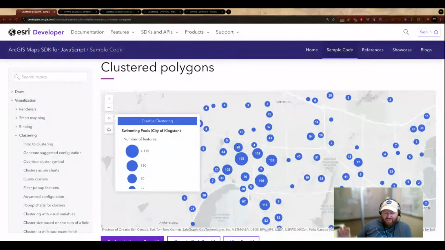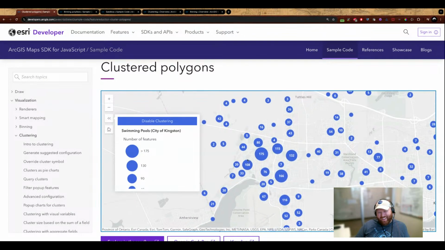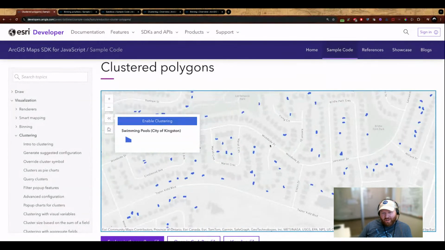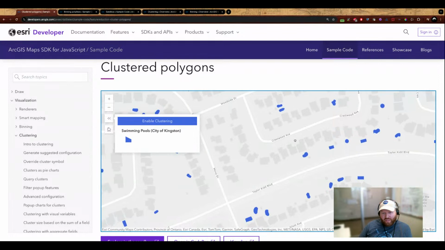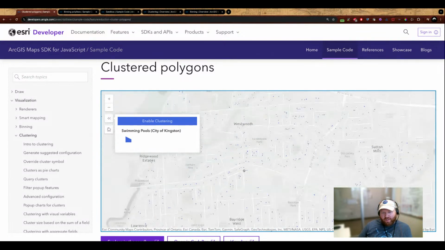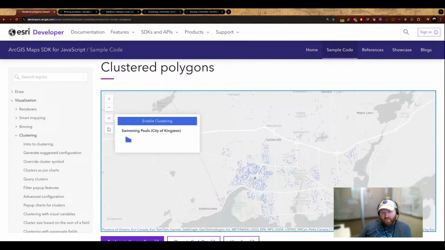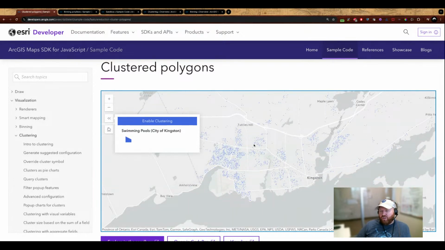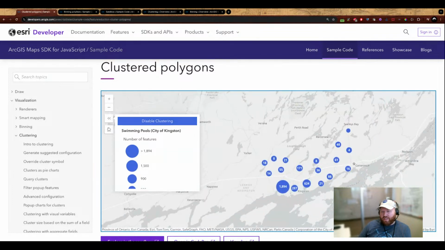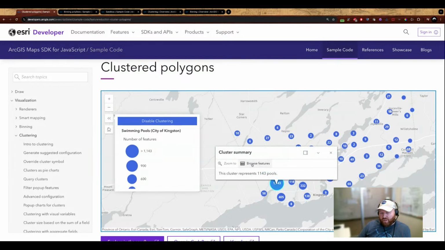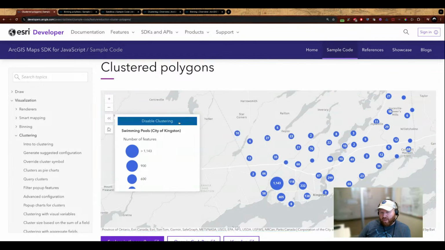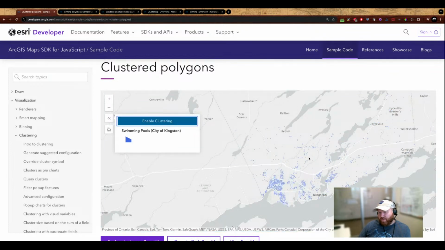So now that I know that nobody saw what I just showed, we can start that over. So I've got swimming pool data here. I don't need to explain that anymore. Just want to give you a look as I pan around, but then get you a nice view of when you zoom out, that data becomes very difficult to see. So this is a good data set, a good candidate for clustering. When I enable clustering, I can now see the density of the data in my view here. So I can click on the cluster, get the pop-ups. I can even see these individual locations represented as markers, whereas if I disable clustering, it's virtually impossible to tell